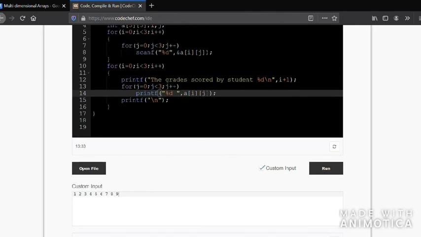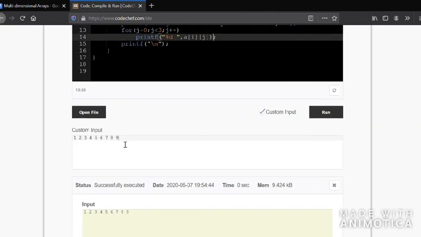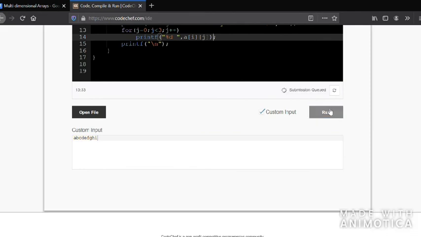Okay, now this is for numbers. Now let us try giving characters instead. A, B, C, D, E, F, G, H, 1, 2, 3, 4, 5, 6, 7, 8, 9. Run. Let's see what happens.